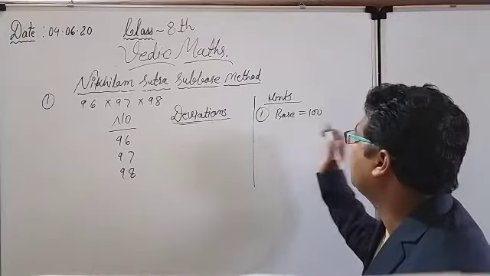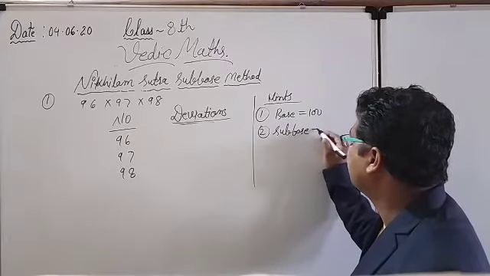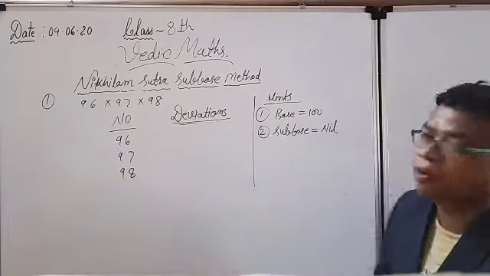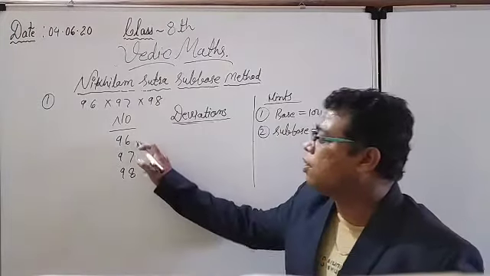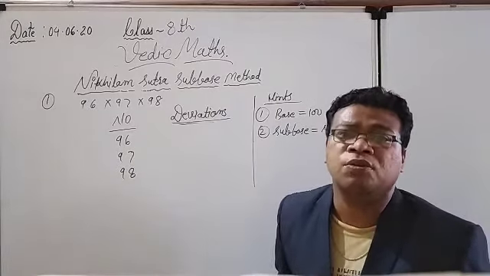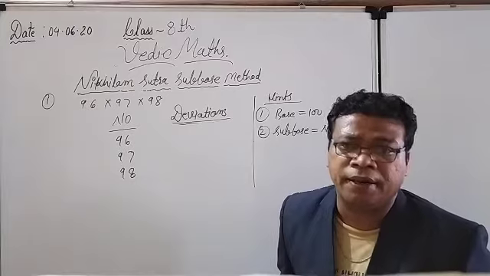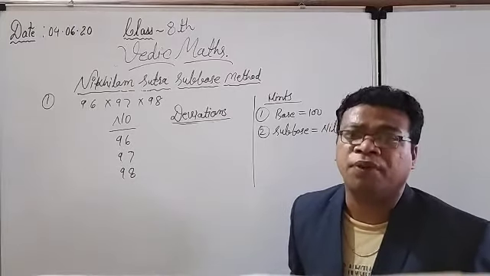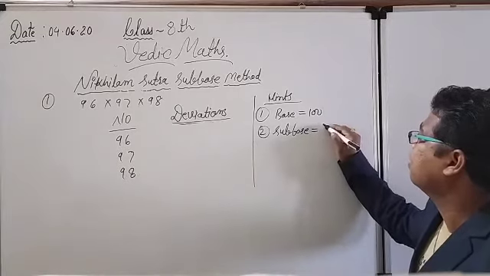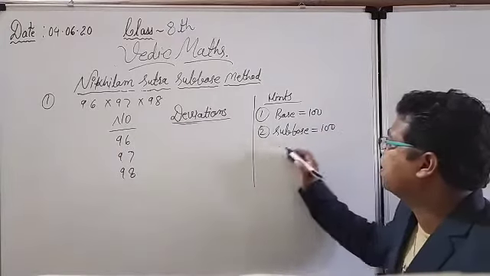Right now see here, we are considering the base 100. Second, is there any sub base? No, nil. Why is there no need of the sub base? Because all these numbers 96, 97 and 98 are very close to 100 only. I'm not going to read the table of 100. Otherwise you can say the sub base will also be 100. Base is also 100, so sub base is also 100. Otherwise no sub base is required.